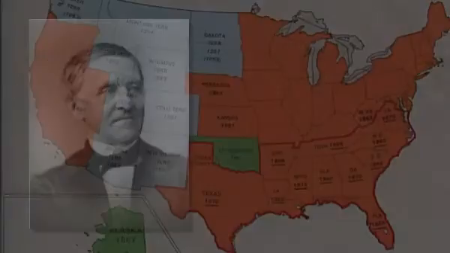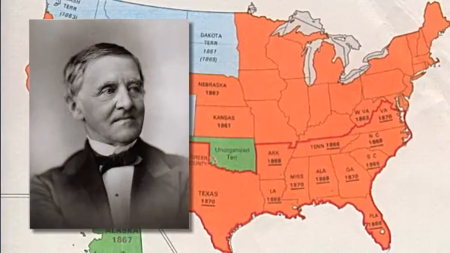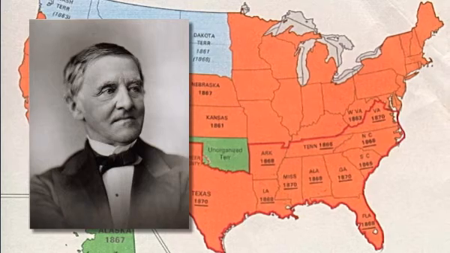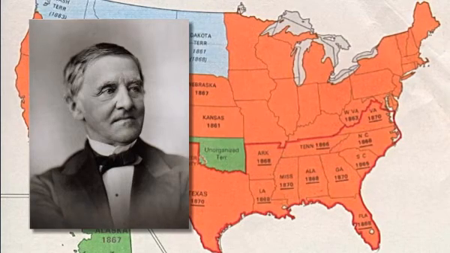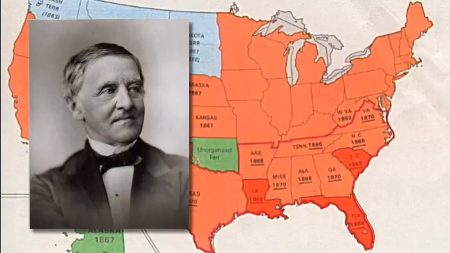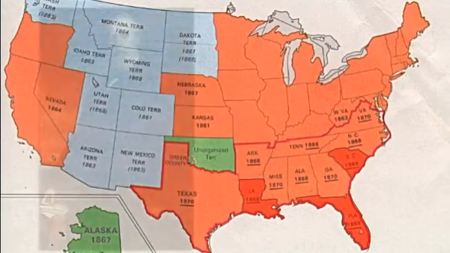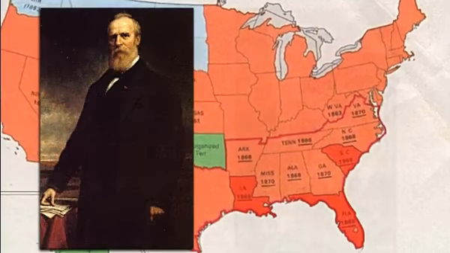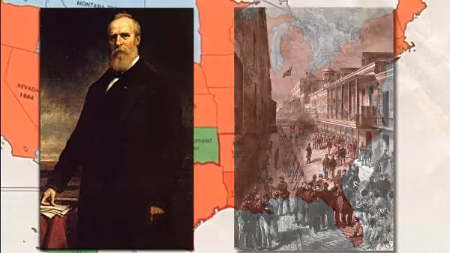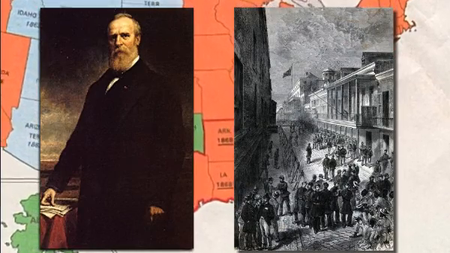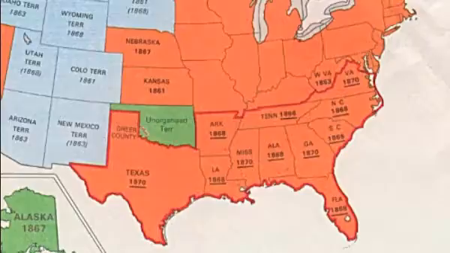Another challenge came in 1876. Democrat Samuel Tilden won the popular vote. He was leading in the Electoral College until results from South Carolina, Louisiana, and Florida appeared to give the victory to the Republican, Rutherford B. Hayes. Those 3 former Confederate states were the only ones still occupied by federal troops. Those troops remained to enforce Reconstruction voting laws.